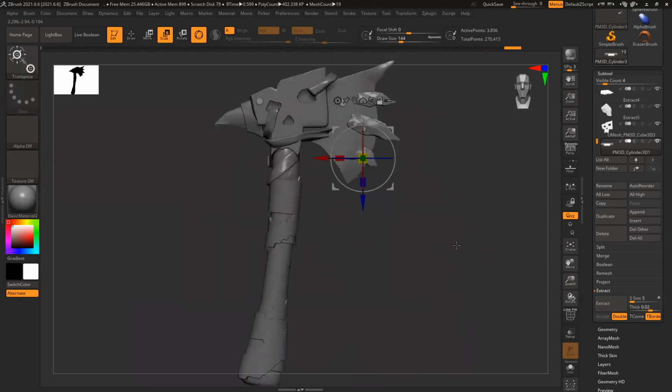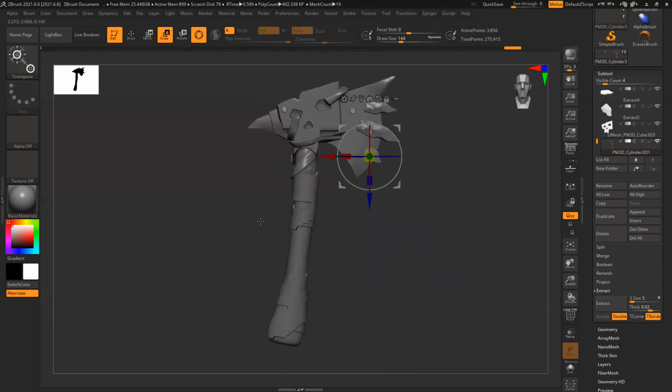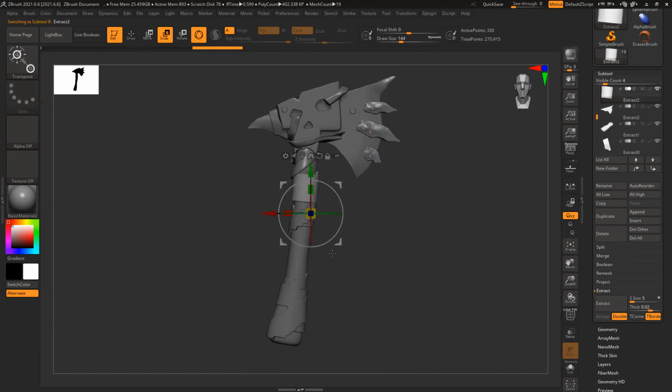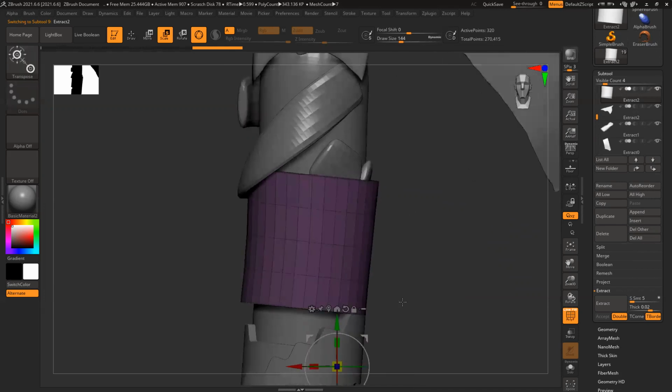Almost most of the things I have connected. Now those nails and all, that is something I want to create. That is something I can do very easily. So let's see. Now I have this surface. So here I have this ring. Like this is extruded, this is extruded. The slight ring is there.